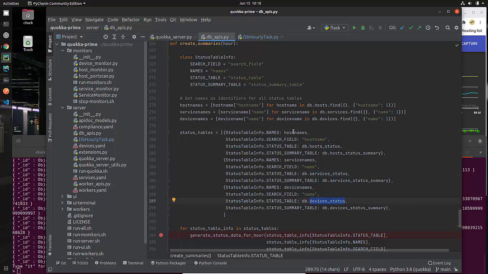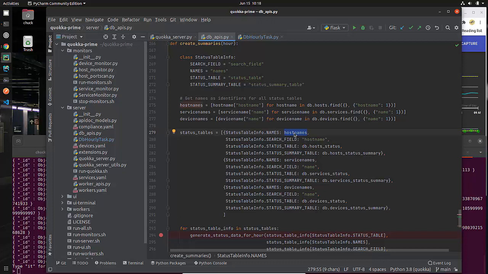Now, what do we need to have in my information for each one? Well, there are 4 things. One is I need the names of all of the items. What I'm doing is calculating the summaries for every host individually, so I'm going to have to do multiple passes, one for each host that exists in our database.